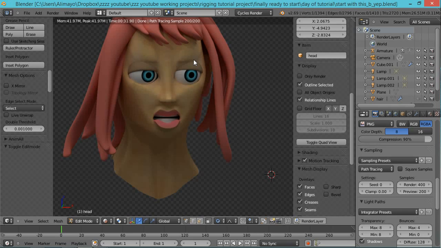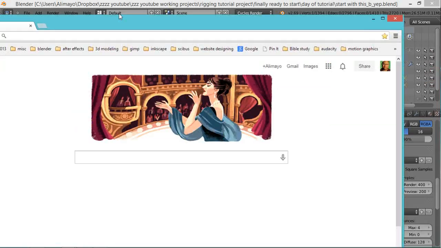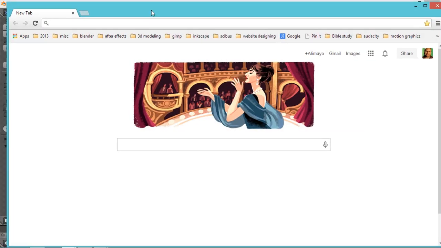To do this tutorial, obviously you're going to need a head. This head you see here is a head that I modeled myself for the purposes of this tutorial. However, if you need a head, what I would recommend is you simply go to Google,